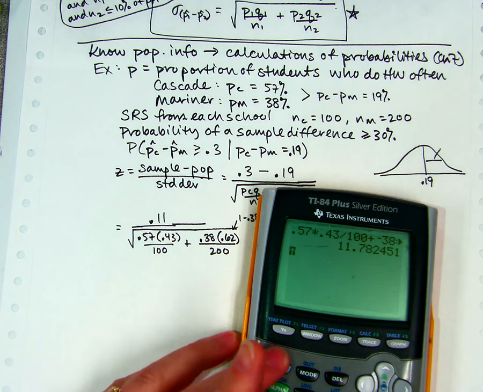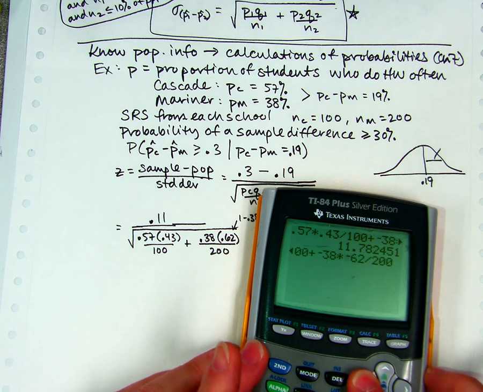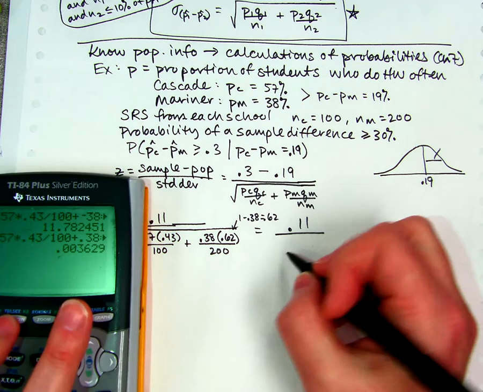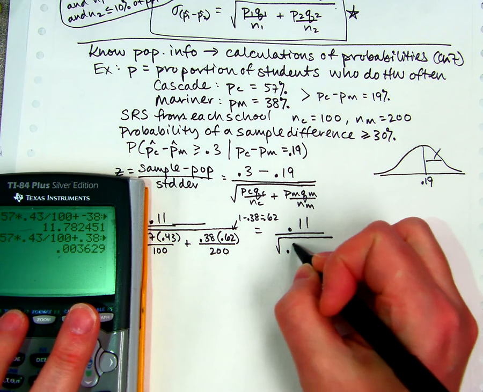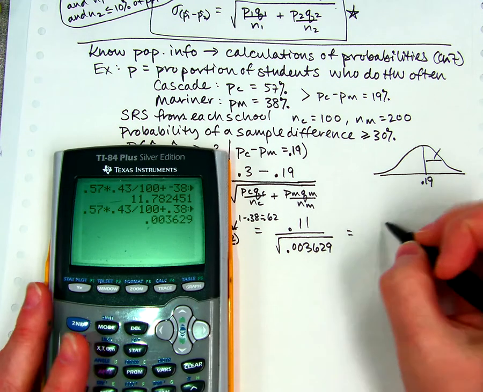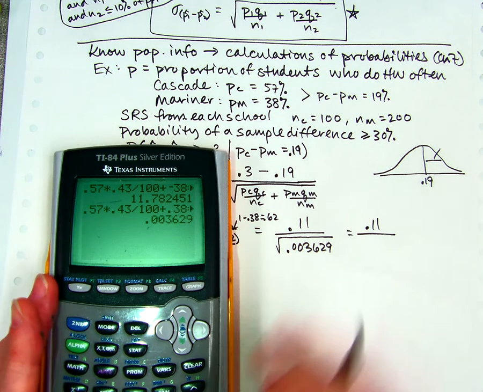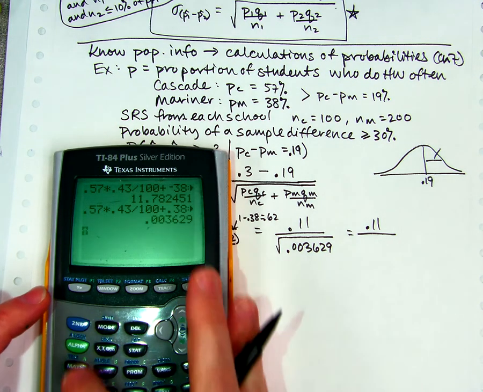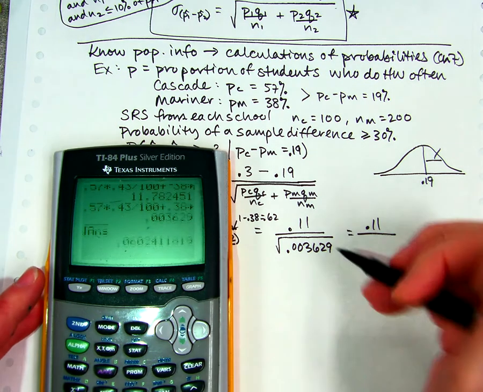Wait, no it's not because I typed a negative instead of a decimal point. Let's do that right. I did it again. That's so funny. Okay, that's the actual thing that's under the square root. I'll write that down, 0.003629, and then I'm going to square root it, and then I'm going to divide it. So I'm showing more work than I normally would for you. Hope it helps you. Square root answer,